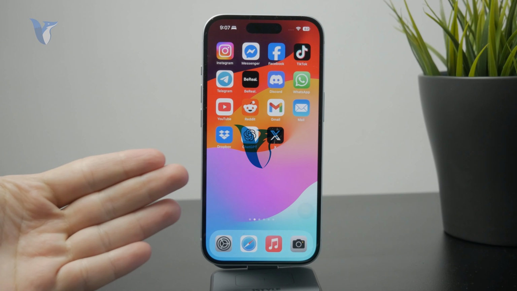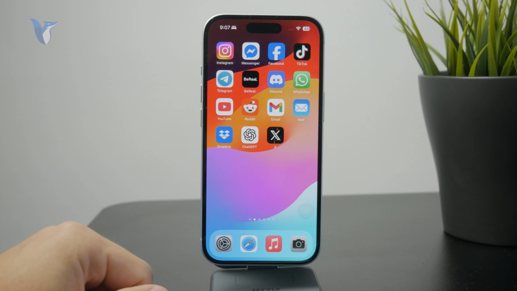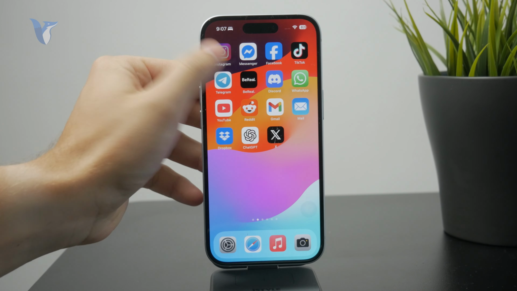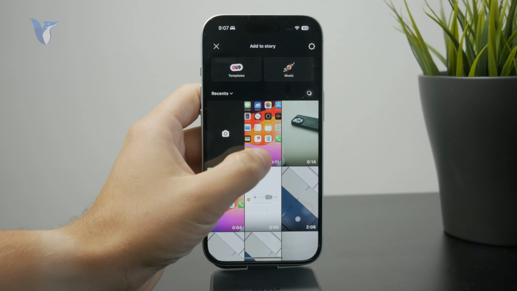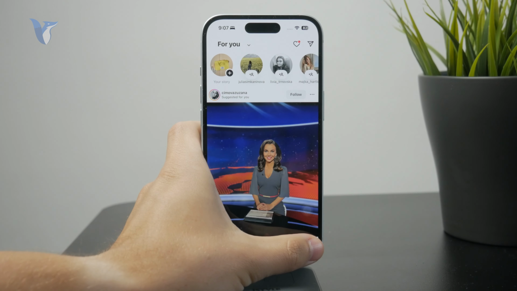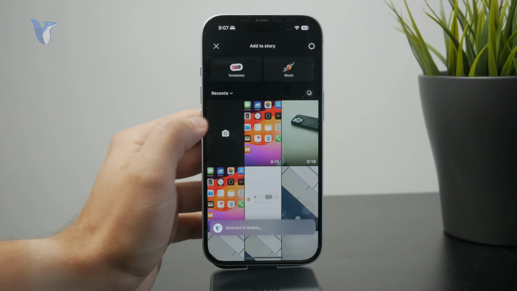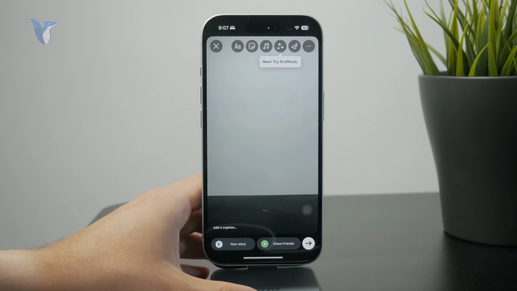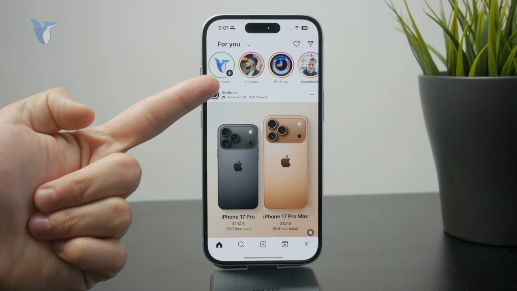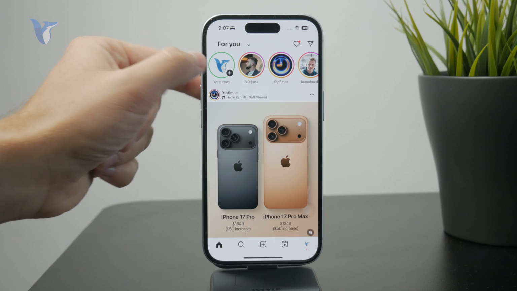So how can you change your Instagram story from close friends to everyone? So there are two options. You can either delete the whole story and re-upload it to include everybody and not the close friends or the close people on Instagram, but you can also add more people to the close friends list if you want to